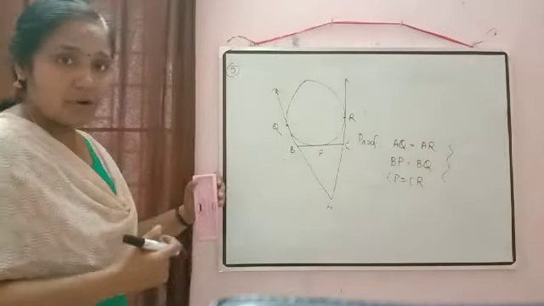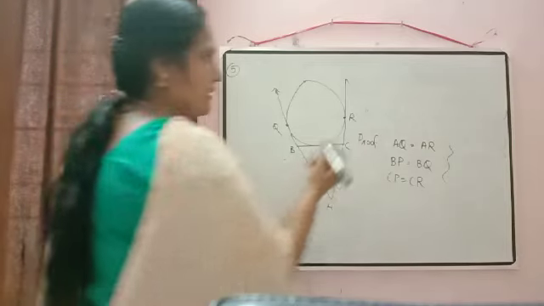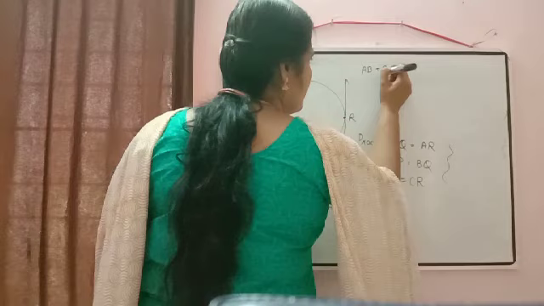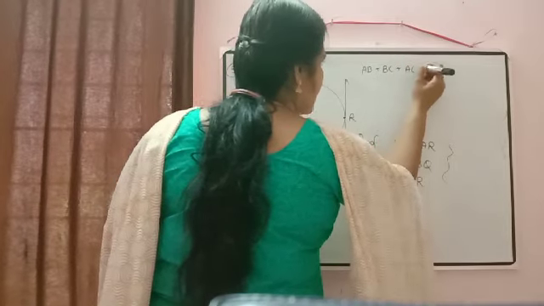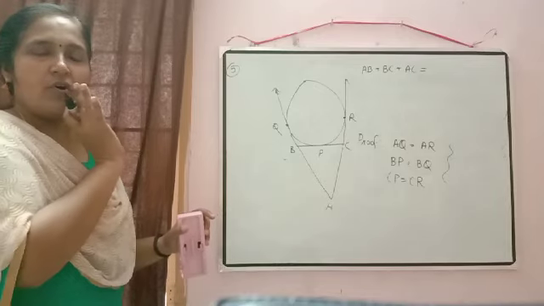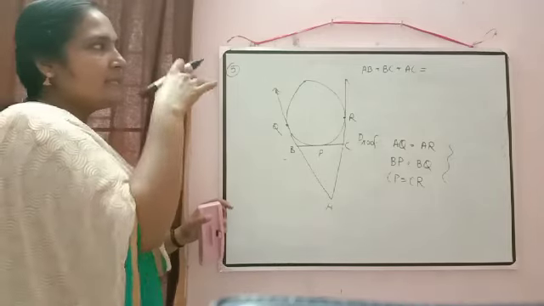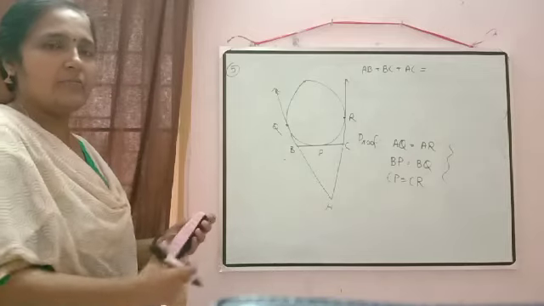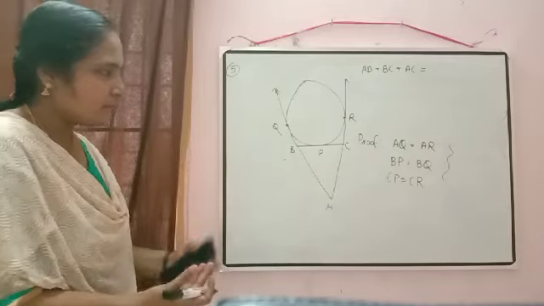Now we'll start with what we have to prove there. So we are proving something related to the perimeter, correct? AB plus BC plus AC. But on the left hand side we want AQ only, no other sides. All these should be converted to AQ. Now we'll check how we can convert this to AQ.